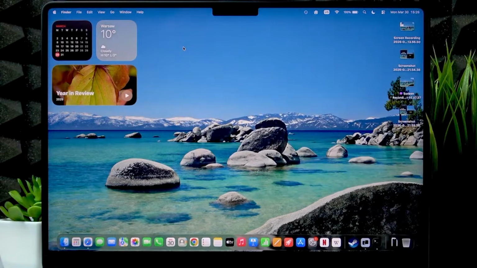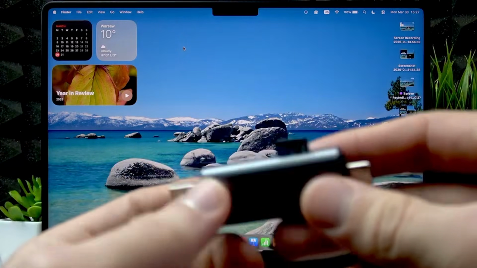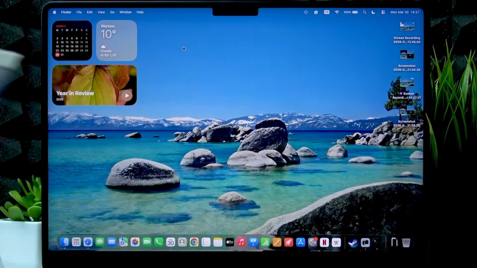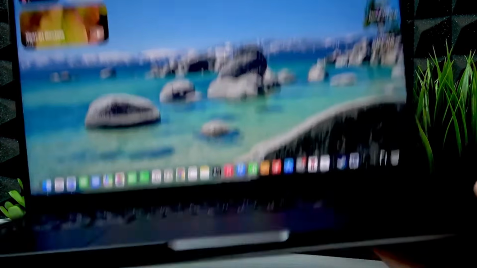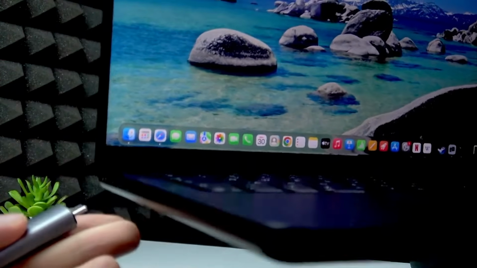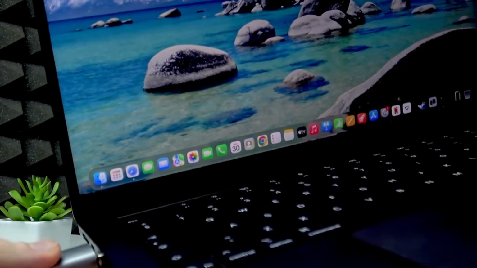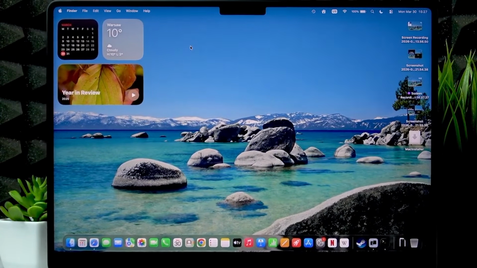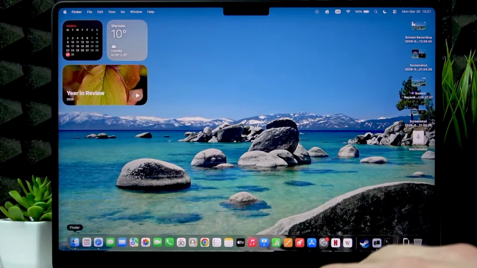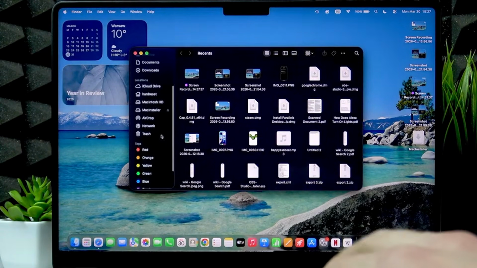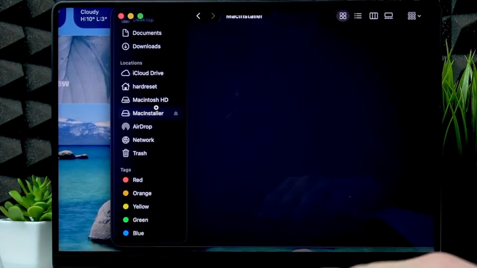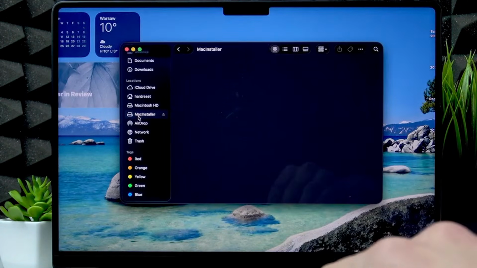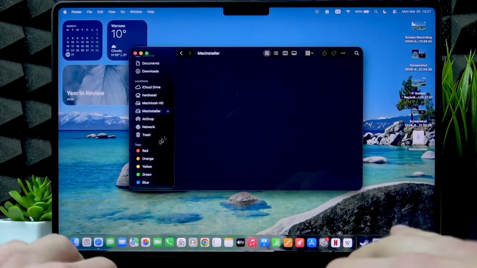So basically, make sure that you have at least 32 gigabytes of capacity on your USB flash drive, because this is how much is required for you to create a bootable USB drive. And then insert your USB flash drive into one of the available USB-C ports, and then go to Finder and make sure that your device recognizes your USB flash drive right here. And if it doesn't, go to the